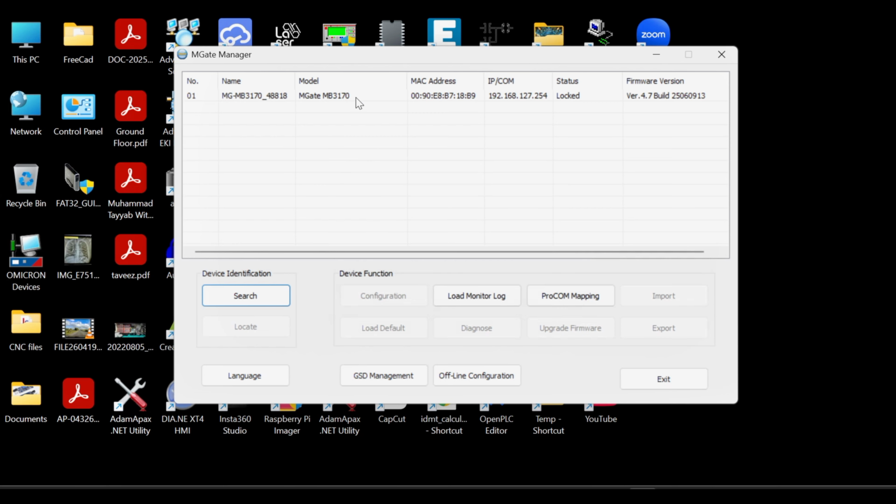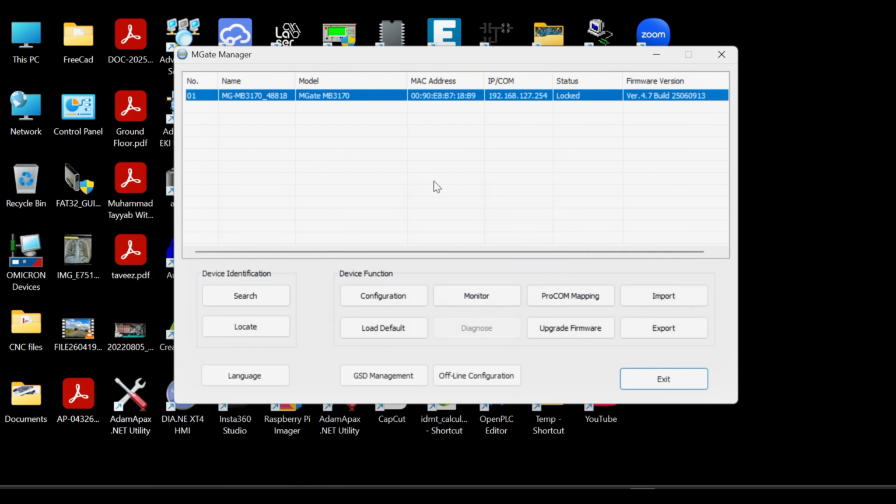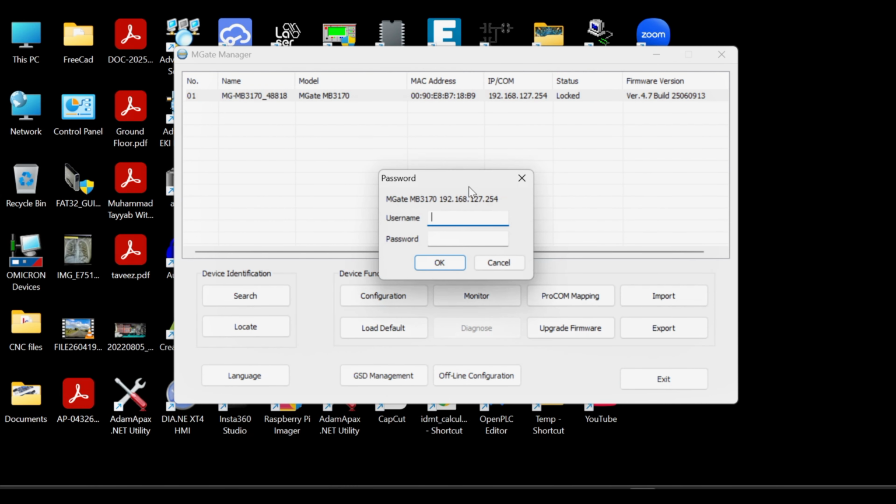As we can see, here we found this device on the network. This is a MAC address, this is an IP address, and this is the firmware. To configure it, we have to go to the configuration, and the default IP login and the password for